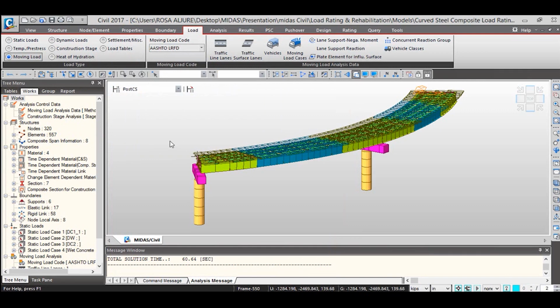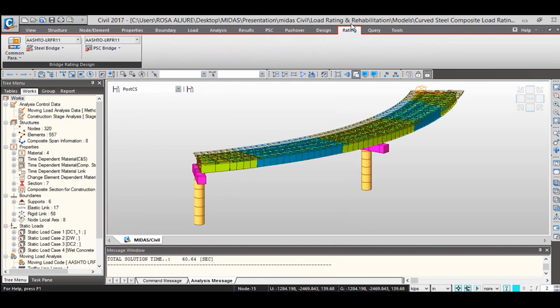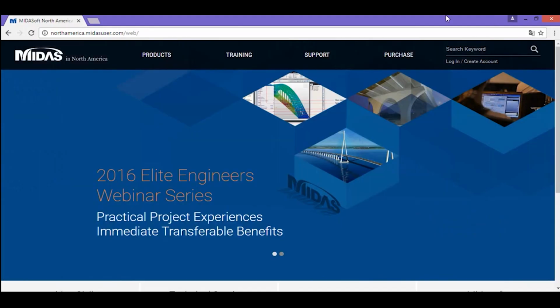So let's start with the definition of the rating parameters. So we're going to the ratings tab. Today we're just gonna focus on that portion of the program. If you want to check different videos of how to generate this type of model or design these type of sections, we have an entire database on our website that you can use.